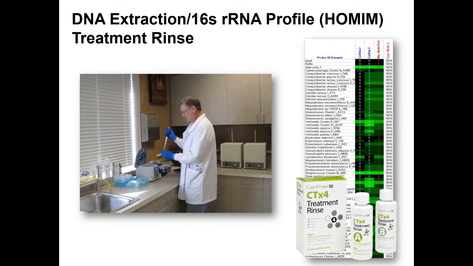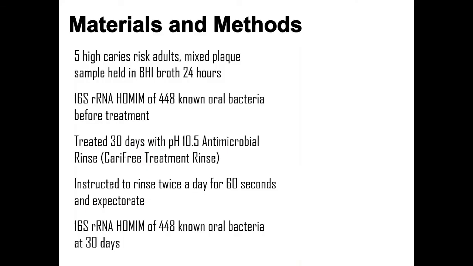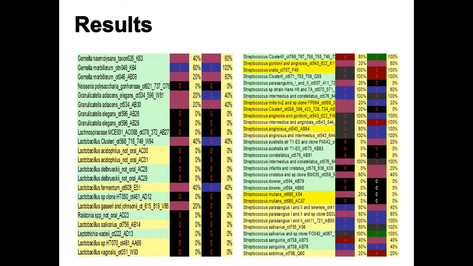So one of the other things that I did through the Forsyth Institute at Harvard University, I did some DNA checkerboarding. So I took 5 high-risk caries patients, and I took plaque samples, and then I had them use the treatment rinse twice a day for 60 seconds for a month. And so I did a checkerboard before, and then I did a checkerboard after. And at that time, so this was about 10 years ago, we looked at 448 known oral bacteria in the mouth. And what we found was that we eliminated the mutans streptococci and reduced the lactobacillus,